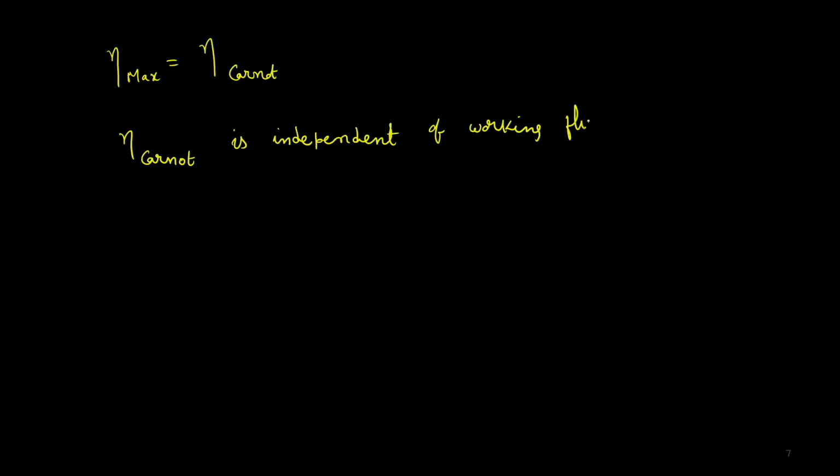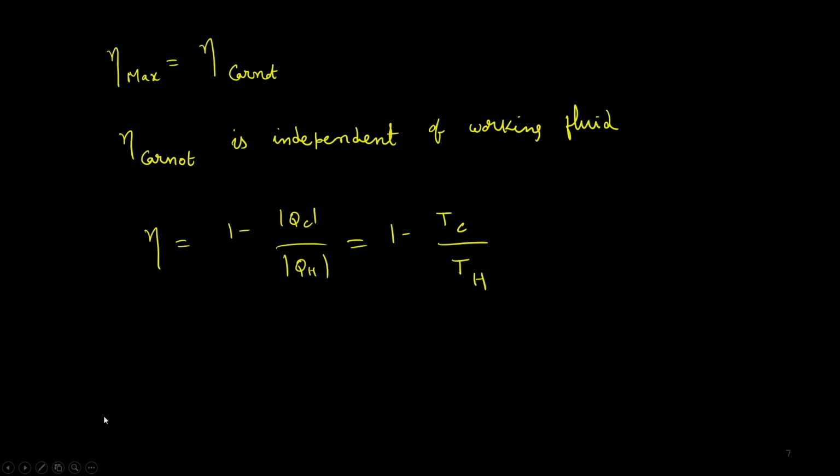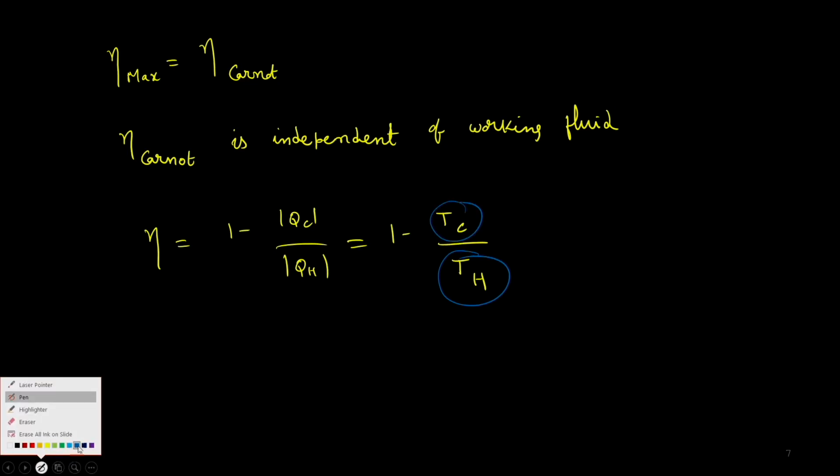I can also use an ideal gas as a working fluid, and the moment I use an ideal gas as a working fluid, it turns out that the efficiency can be rewritten in terms of temperatures and pressures, and you can relate it to the temperature of the fluid when the heat is rejected to the cold reservoir, which is Tc, and the temperature where it accepts the heat from the hot reservoir, which is Th. So the efficiency of a Carnot engine is then going to be simply equal to 1 minus Tc over Th if the working fluid is